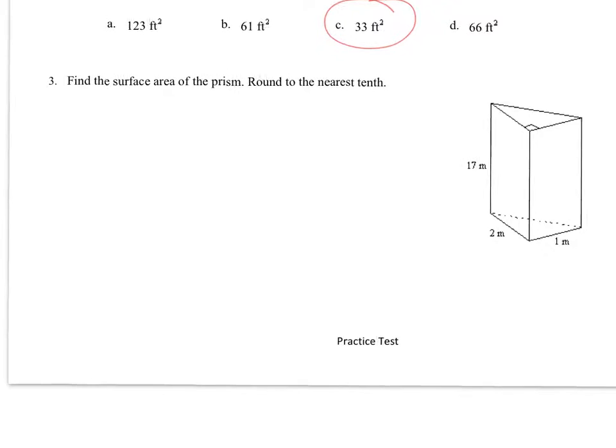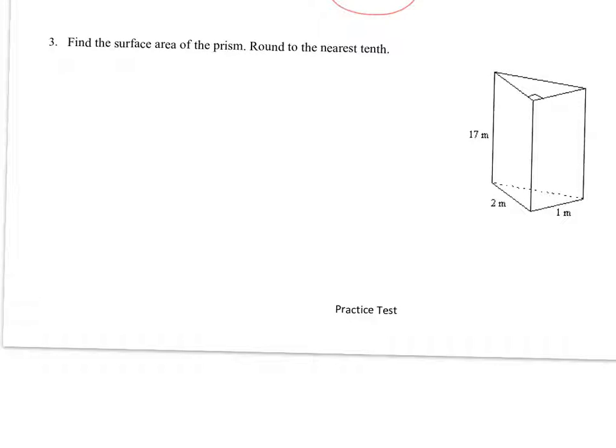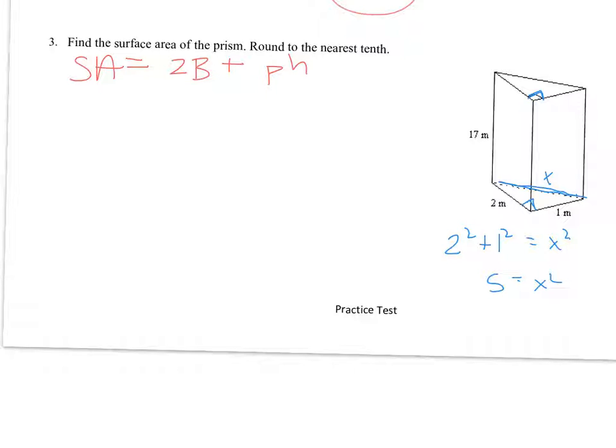Find the surface area. So again, first thing I'm going to do, write down what my surface area formula is. Surface area of a prism is 2b plus the perimeter times my height. Now, one thing about this picture, I don't have that. I need that. Here's a 90 degrees. That means this is 90 degrees. So I have to first figure out what this length is. I'm going to label it x. 2 squared plus 1 squared is equal to x squared. So this would be 5 is equal to x squared. I have to take the square root of 5, and I get x is equal to